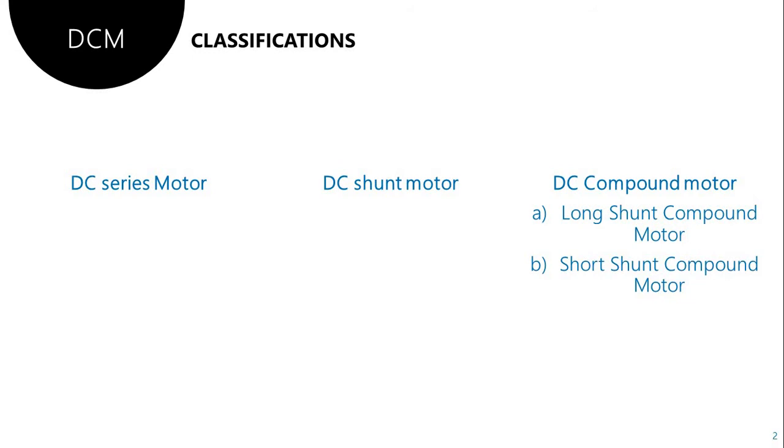Just observe, I explained DC generator classification in my earlier video. Here the connection diagram, which is the circuit diagram, and the voltage and current relations are similar to those of a DC generator, but only the sign changes, because here the armature current flows in the opposite direction compared to the DC generator. Why? Because here we are giving electrical supply as input and getting mechanical output.